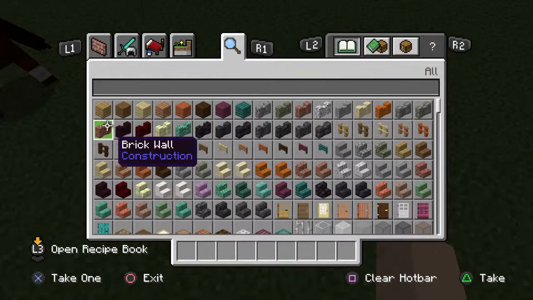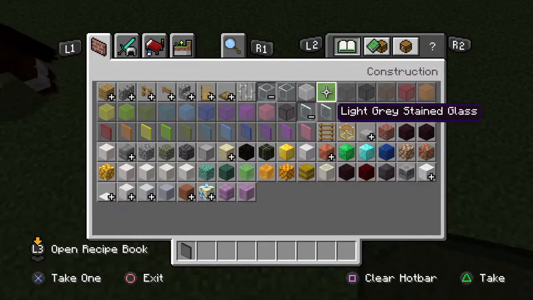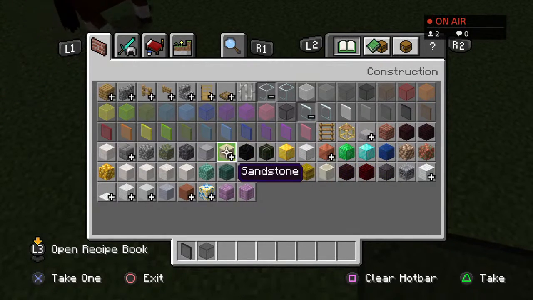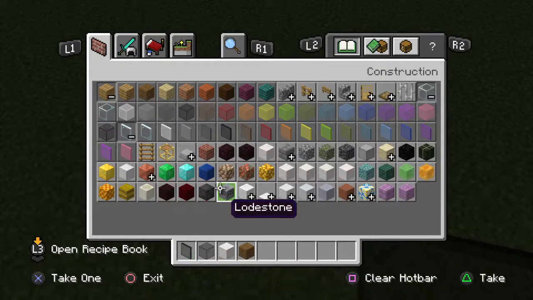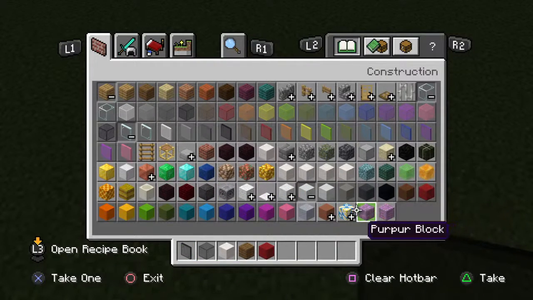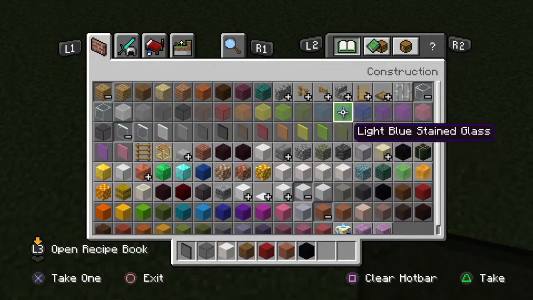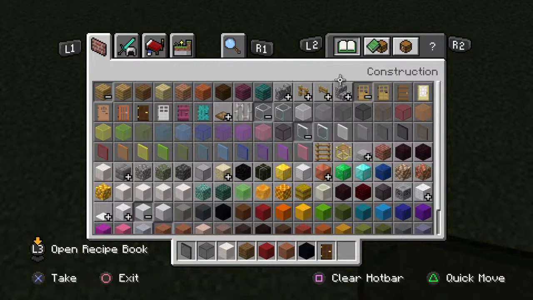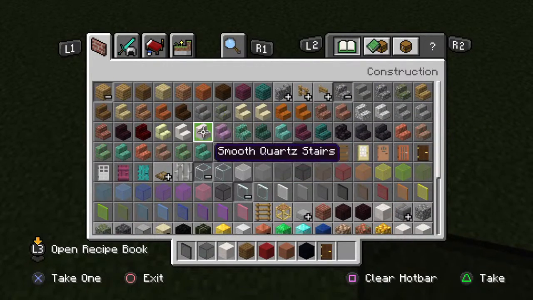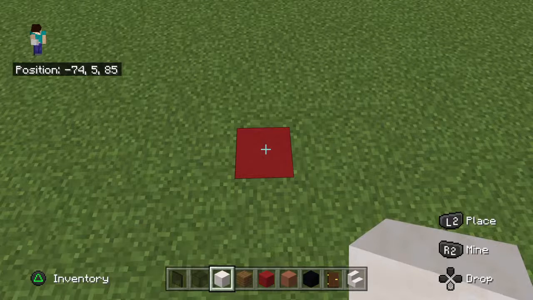Alright, let's grab the materials. So we need glass, that we will be using throughout the build. Please do make sure that you have access to all those materials and enough of them as well. Step 1, if you have made the grid, come all the way over to the front left hand